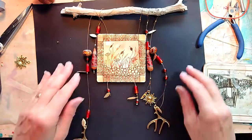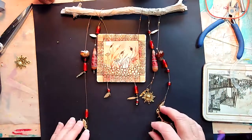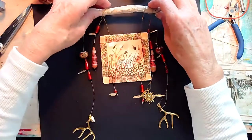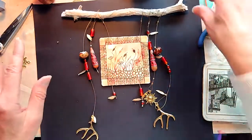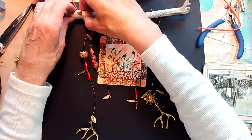Okay, welcome back. So I've fiddled around and I've added some more beads from my other side. I've got these great antler beads on the edge. And just going to fiddle that. So I put them on black so you can see how beautiful this is. Then I'm going to add my leather thong. So just by tying